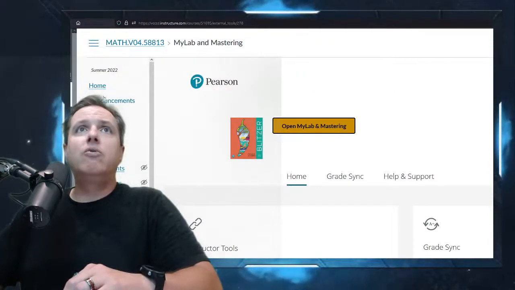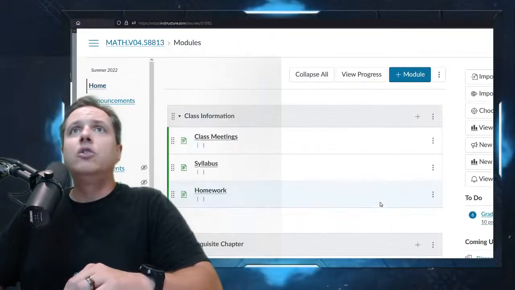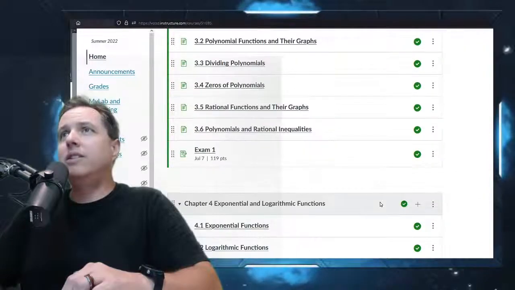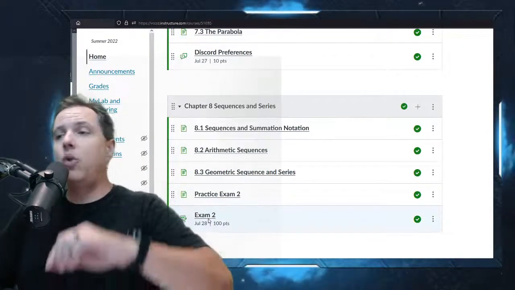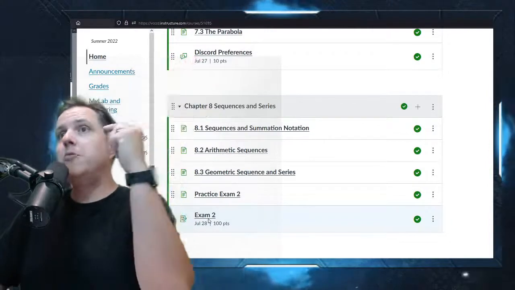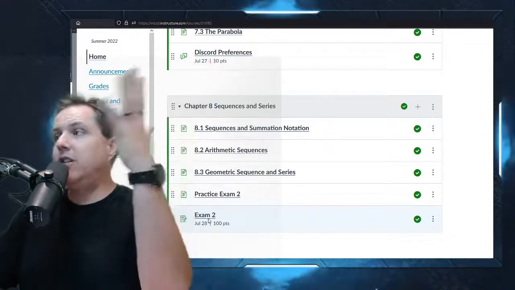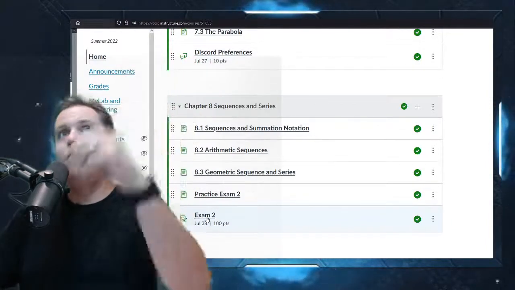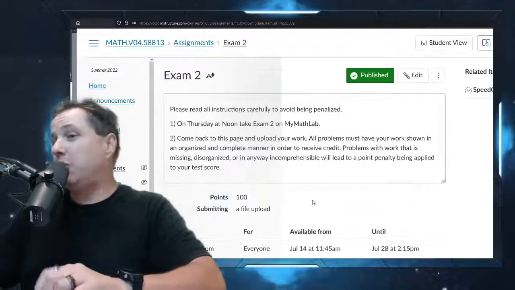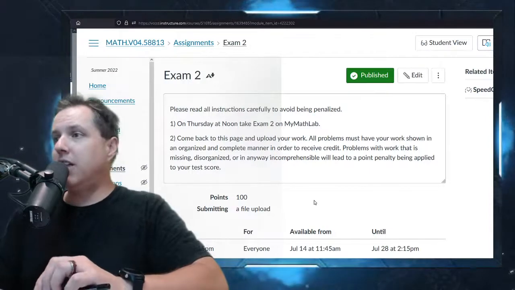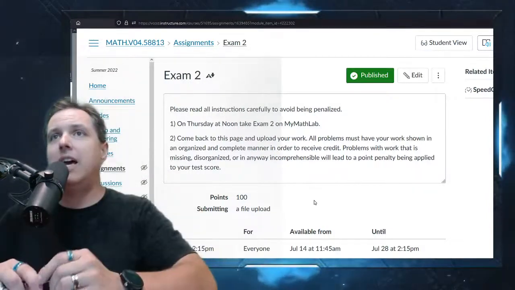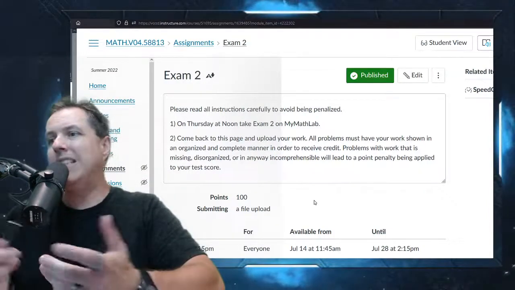And speaking of which, the way this works is I want to see your work. So it's just going to be like a homework where you're answering the questions. So you'll get a grade for that, but the grade is not official until you've turned in your work, okay? Basically showing me that you did the problems, that you know how to go through them. So it'll be graded just like a normal test. So if you close the test and you're like, I think I got a 90, not necessarily.